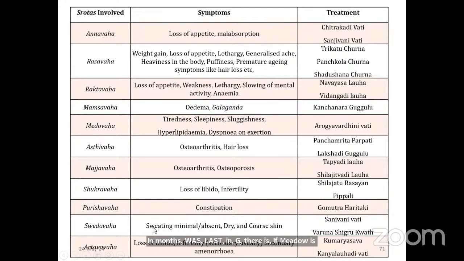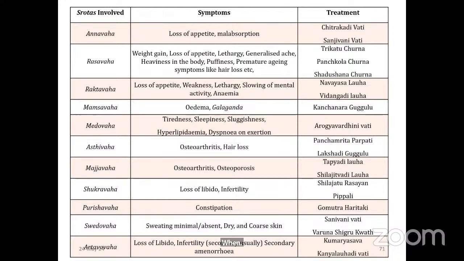Asthivaha Srotas is involved and there is osteoarthritis and hair loss, so Panchamrit Lauha Guggulu or Laksadi Guggulu can be given. In the osteoarthritis and osteoporosis condition, when Majjavaha Srotas is involved, then Tapyadi Loha and Shilajitvadi Loha is the choice of drug. When Shukravaha Srotas is involved and the patient has loss of libido, infertility, then the Shilajitu Rasayan or Pipli Rasayan